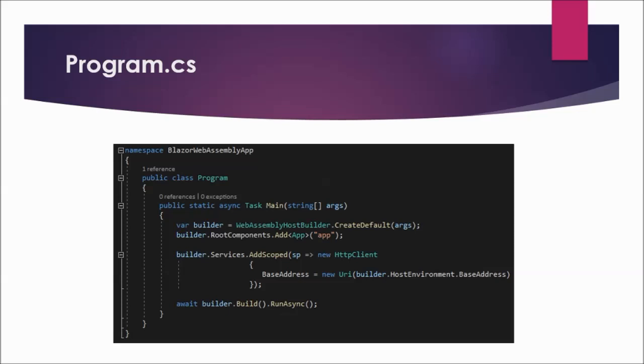In a Blazor WebAssembly project, the app component, which is the root component of the application, is specified in the main method. This root component is present in the root project folder in the App.razor file. Components are the building blocks of a Blazor application. We will discuss everything you need to know to build effective and reusable Blazor components in our upcoming videos. For now, just understand the app component is the root component of the application.